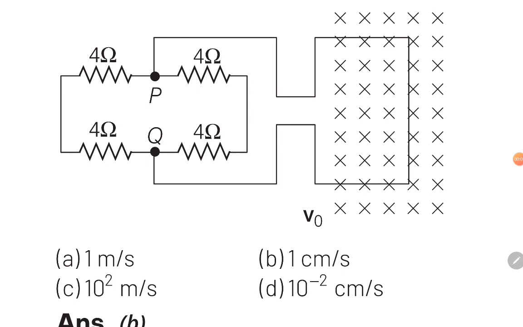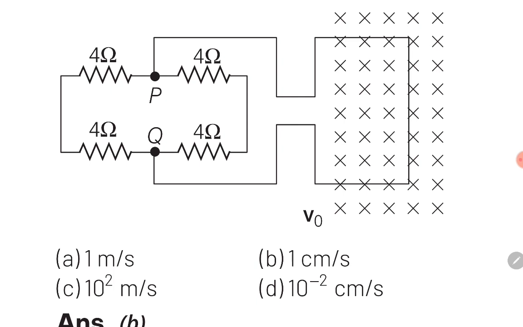Yes, students, we'll start this question by first calculating equivalent resistance across points P and Q. Guys, आप यहाँ diagram में देख सकते हो that to the left hand side of points P and Q, we have two resistances which are in series with each other. And similarly, to the right hand side of points P and Q, we again have two resistances which are in series with each other. Therefore, guys, net resistance on either side of P and Q will become 4 plus 4 ohms, which is equal to 8 ohms each.